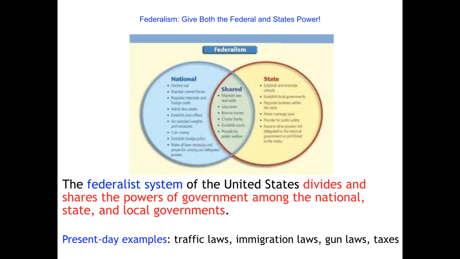So when we look at things that could be present-day examples, in addition to education, take traffic laws, for instance. Most of those are established at the federal level, at the local level. But at the state level, there's a requirement that you have a license. The state may also require that you have insurance. That's not usually a county thing. The federal part of this could be that you're traveling on an interstate highway within the state of California, and your speed limits may be 65, 70, 75, or they may not be anything at all. But normally 75 is by far the highest speed that you can take on a federal highway.